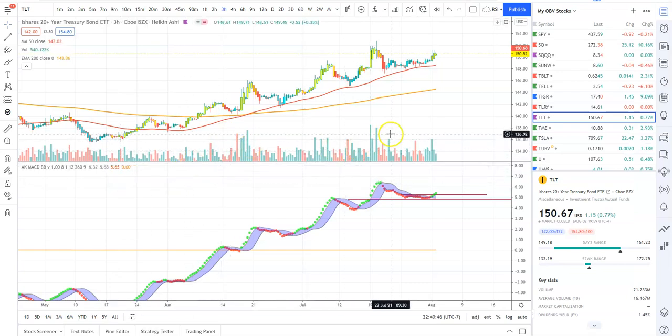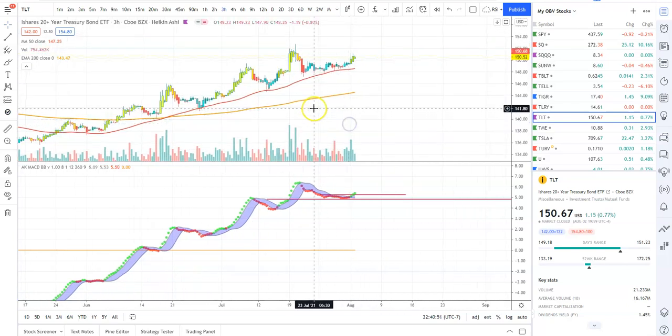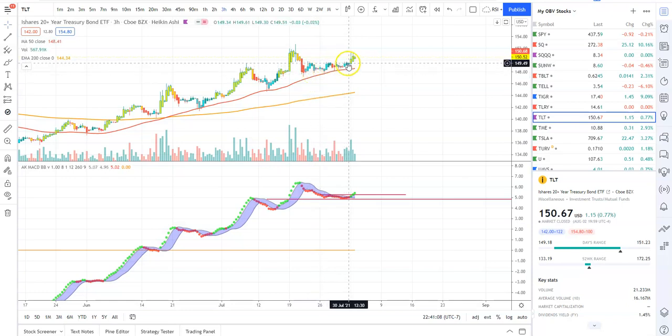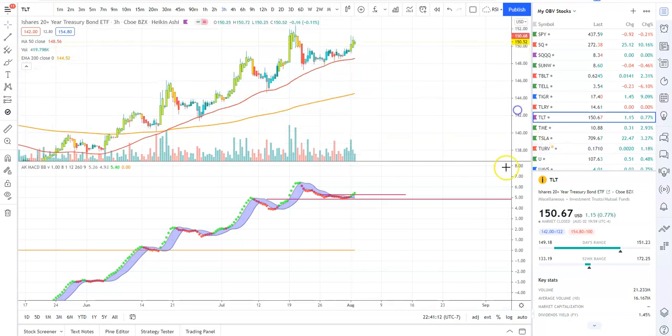Last time we did an update, guys, on TLT, it was about a week and change ago, right around here, July 22nd. We were at that time expecting continued strength in bonds and in TLT. And it's been pretty much of a slow grind since then, just chopping sideways. Then over the last couple of days, we've gotten a nice breakout back to the upside,